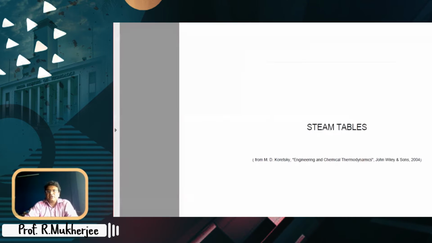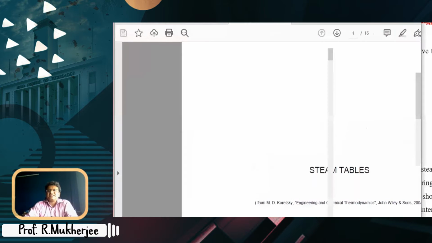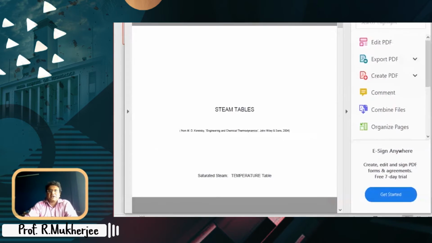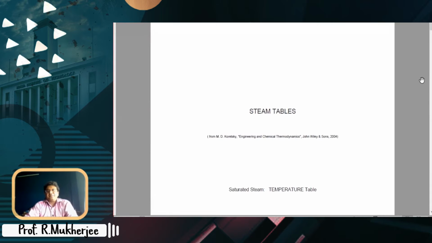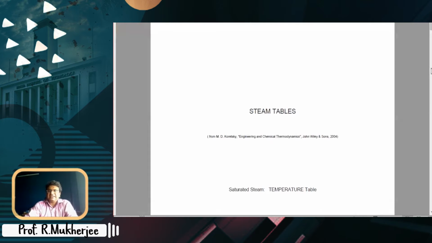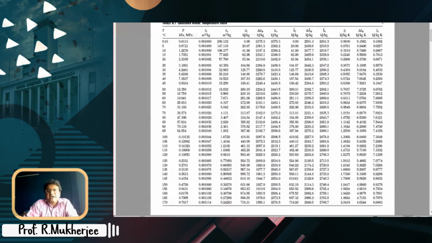And let me also know how many of you have used the steam table before, or whether the whole class knows how to use the steam table. Okay, fine. So steam table, the only problem is the small size. Fine. So I've got it. That's the reason I will teach it. I don't assume that you will know things.